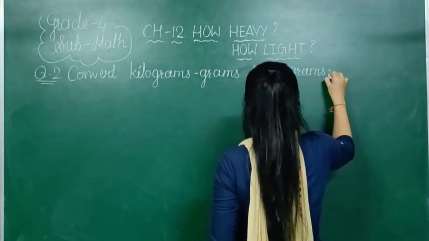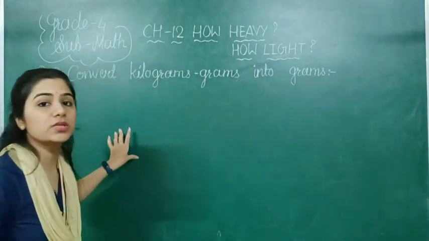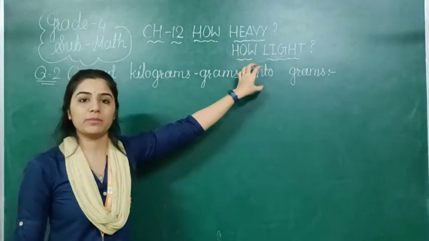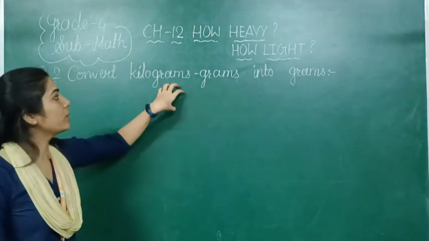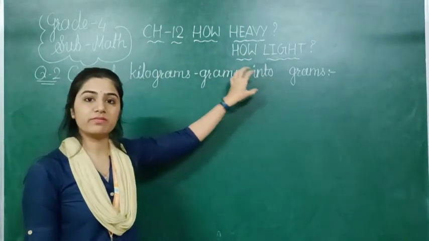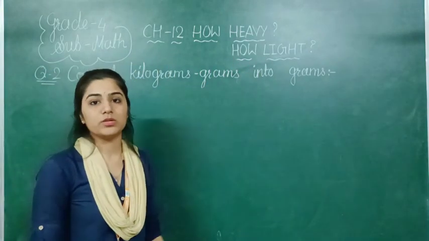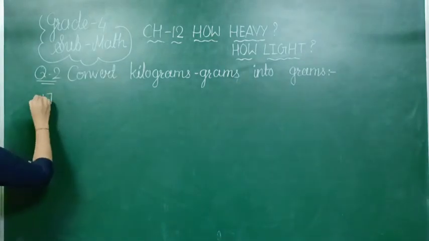This question 2 is opposite from the question number 1 because in the question number 1 the question was like this, that convert gram into kilogram and gram, means we have done that small into big. Now this is opposite. We have to convert this kilogram grams into gram, means we are going this big into small. So we will do the multiply. So let's start the number 1.